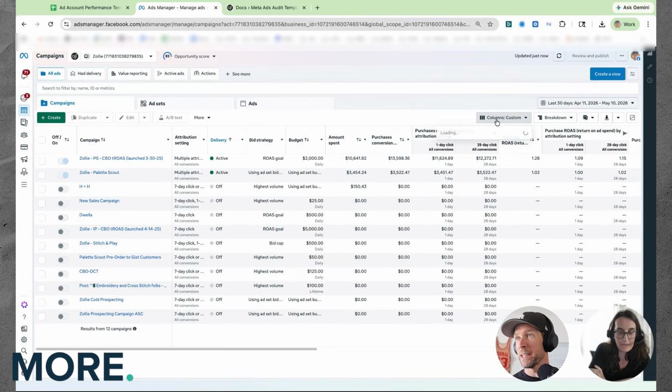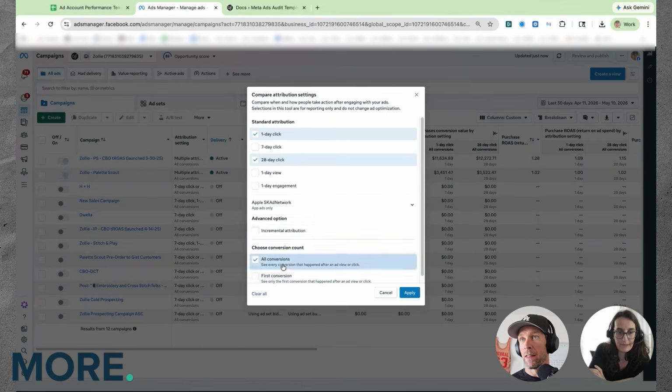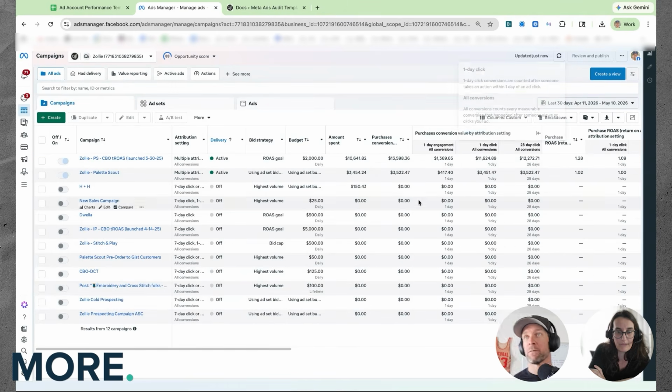The one thing that's not in there that I need to add is the 1-day engagement attribution. The reason is that very recently, mid-March, Meta updated their click attribution settings. It used to be that if somebody clicked on your ad but were clicking over to your Instagram profile, for example, so they weren't actually clicking through the ad, or if they shared the ad or commented on it, those would all count as a click on the ad, and therefore as click-attributed purchases.